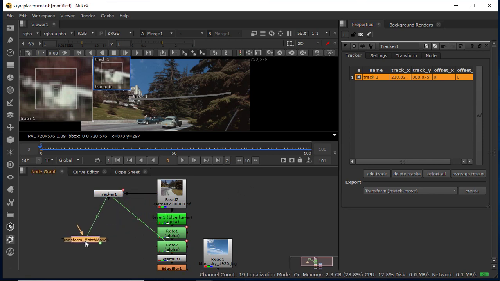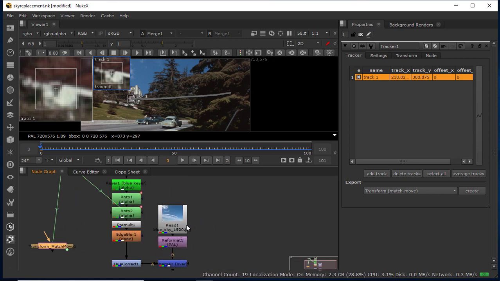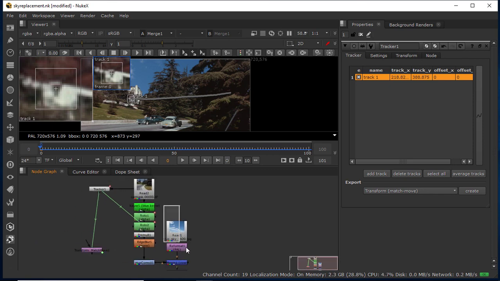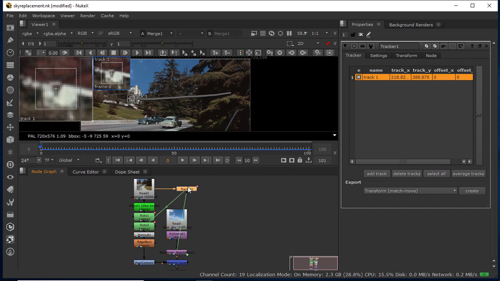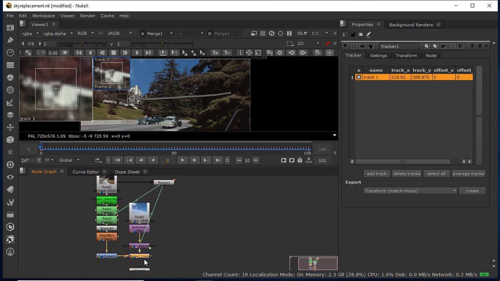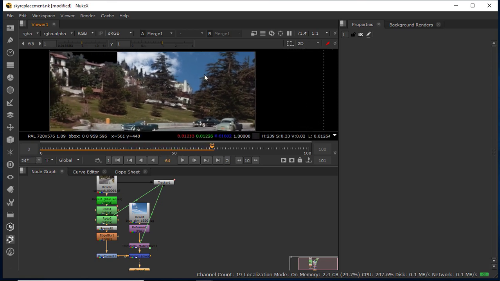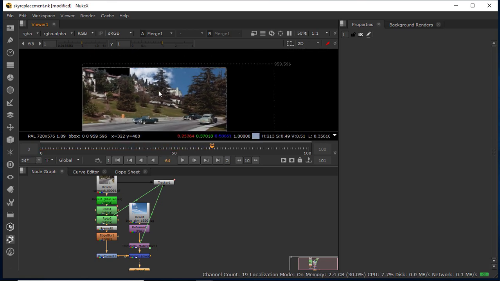Now you see there is a match move transform node, which is created from our trackers. Simply attach this node after our reformat node, after our sky. Let me adjust this, and move it a little bit like this. This is sufficient. Now play and check a little bit. Select your merge node and press 1. Now clear all parameters and check. Here you will see your sky is moving according to your camera motion, or your footage motion.